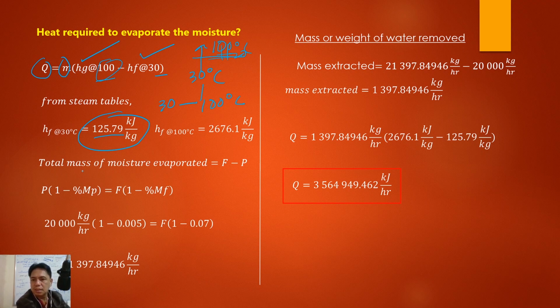Bone dry mass of product equals bone dry mass of the feed. So the mass evaporated is feed minus product, both in kilogram per hour. Feed has more moisture or water content. So here is the principle: bone dry mass of the product equals bone dry mass of the feed. So the mass times 1 minus percent MP, meaning the percentage moisture of the product, equals F, which is the mass flow,